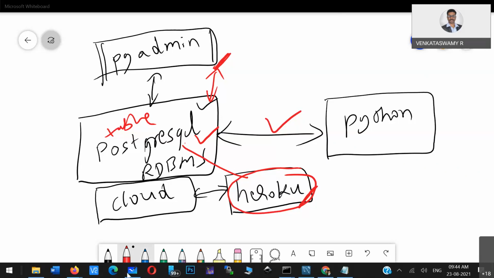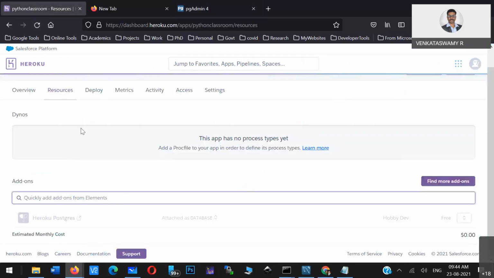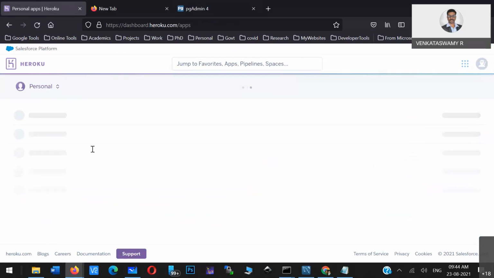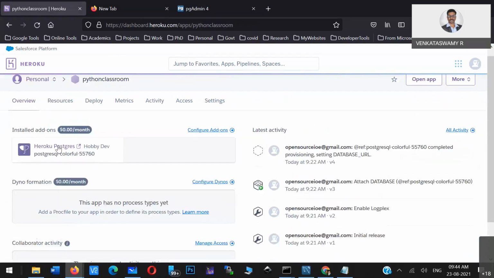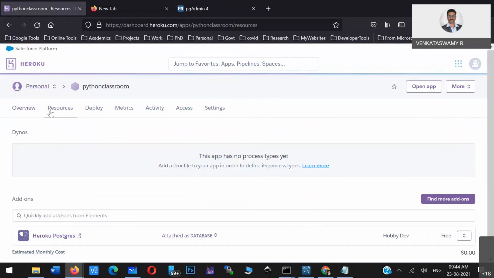Okay, so about the credentials after creation of the program, what you have to do is click on that particular application. There will be one option called resources.